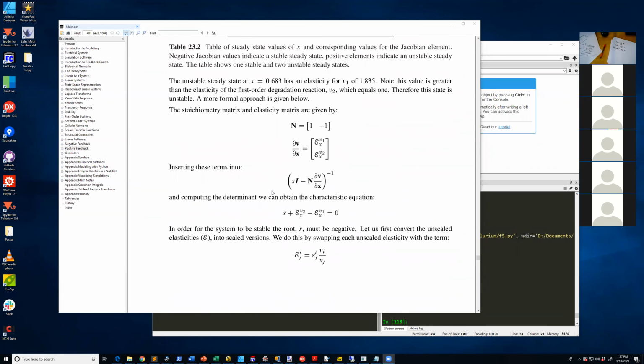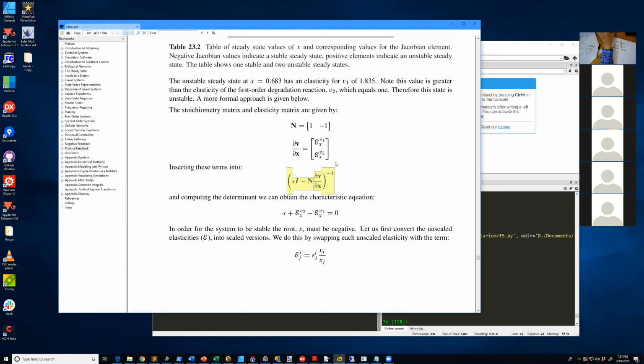Let's do a stability analysis on this simple feedback system. What we have here is the stoichiometry matrix. It's just 2 reactions, 1 species, so the stoichiometry matrix is 1, minus 1. These are the unscaled elasticities. There's only 2: x on V1 and x on V2. To get the stability, we have to compute the